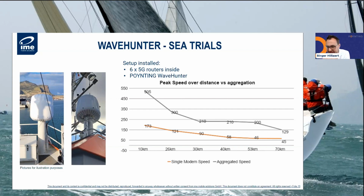What you see then, the results we had at 70 kilometers in South Africa. And you see at the end, we still have one modem performing 45 Mbps. And knowing a little bit about sailing routes of a lot of commercial ships, of most yachts, of a lot of smaller sailing, but this is WAVEHUNTER. So let's say yachts and commercial shipping, for example,